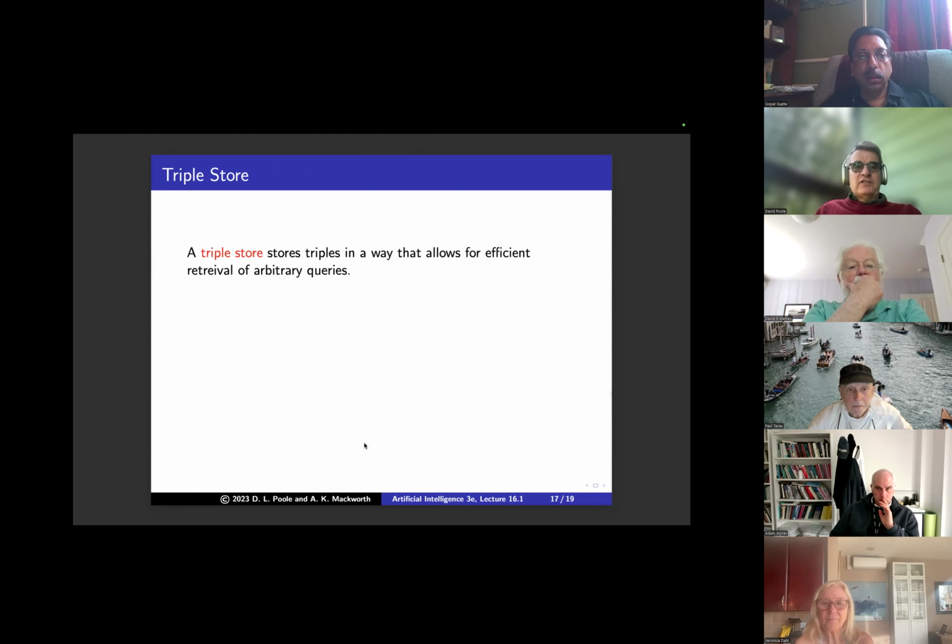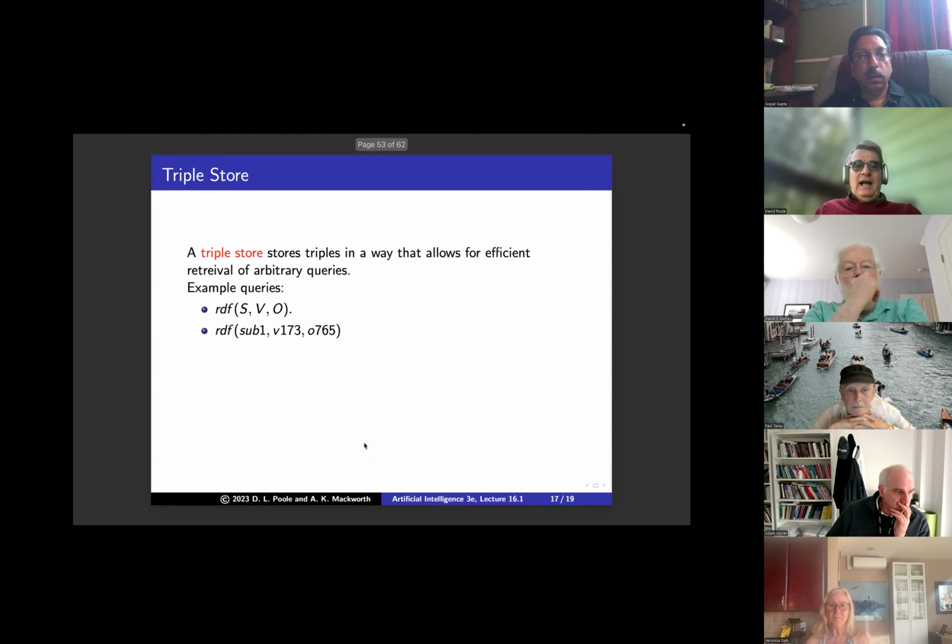The other interesting thing is a triple store. One of the things the semantic web library offers you is a triple store, which allows for arbitrary queries. The triple store is interesting because you can store triples. With a relational database, you need to know what you're indexing on. What's your key? In Prolog, you typically index on the first argument of a relation.